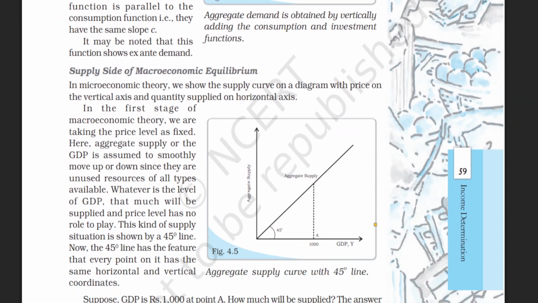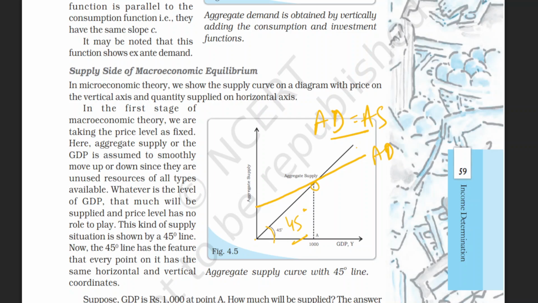Let's talk about the supply side of macroeconomics. I am discussing only fixed prices. In the fixed prices, you will see that aggregate demand makes a 45-degree straight line. Whenever the AD meets this AS part, there is an equilibrium level. Whenever they intersect, according to our macro, where our demand and supply meet, it is a short-run equilibrium. So AD is equal to AS.